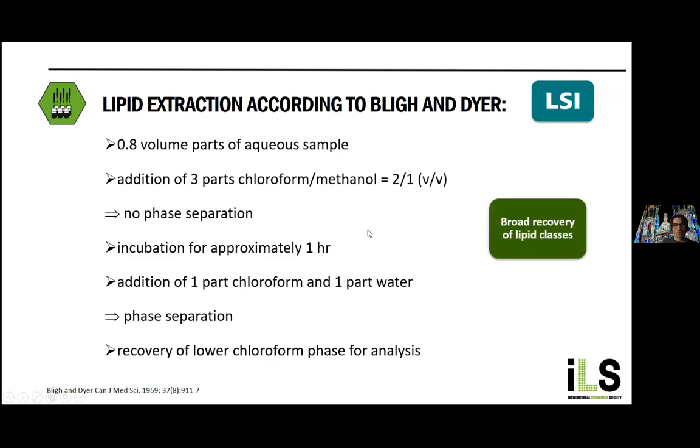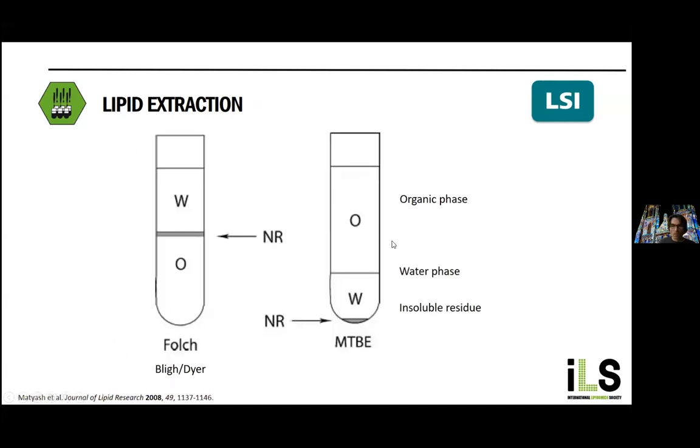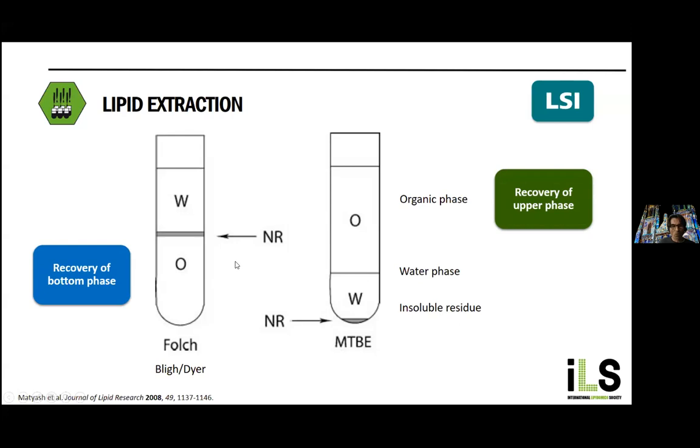This type of extraction method, same as the MTBE method, probably recovers a broad lipid spectrum. For the MTBE, it's in principle the same. You have first no phase separation in the first incubation, and then you induce a phase separation. But in that case, the organic phase in the MTBE is the upper layer. In the Bligh and Dyer or Folch methods, with chloroform, you have to recover the bottom phase, which is clearly maybe some disadvantage, because you have to cross